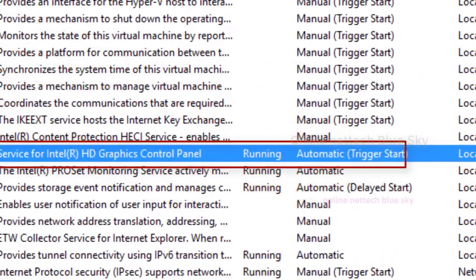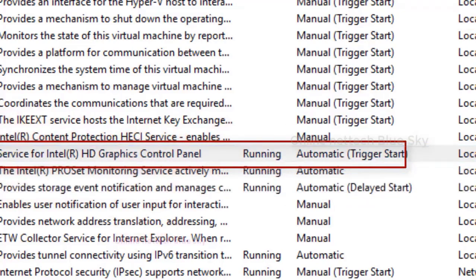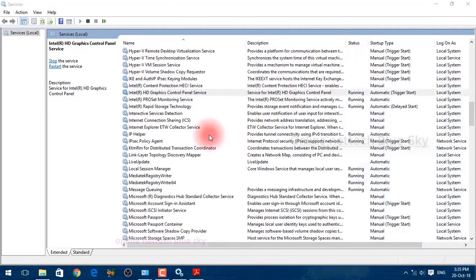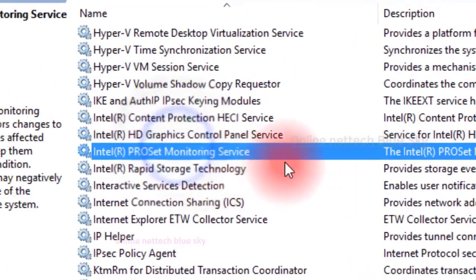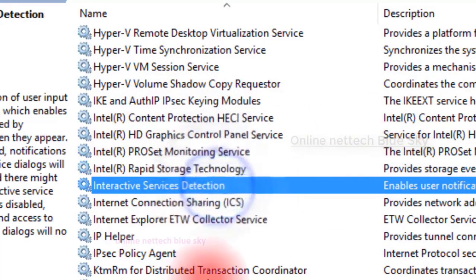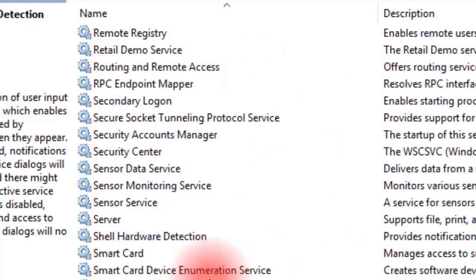These services help this software. Without these services you cannot start your software, control your settings, or control your system. So this is very helpful for your computer. You can click on your calendar and it opens automatically. So this service is very helpful for your computer. Without services you cannot start your computer. Services are very important for your computer.